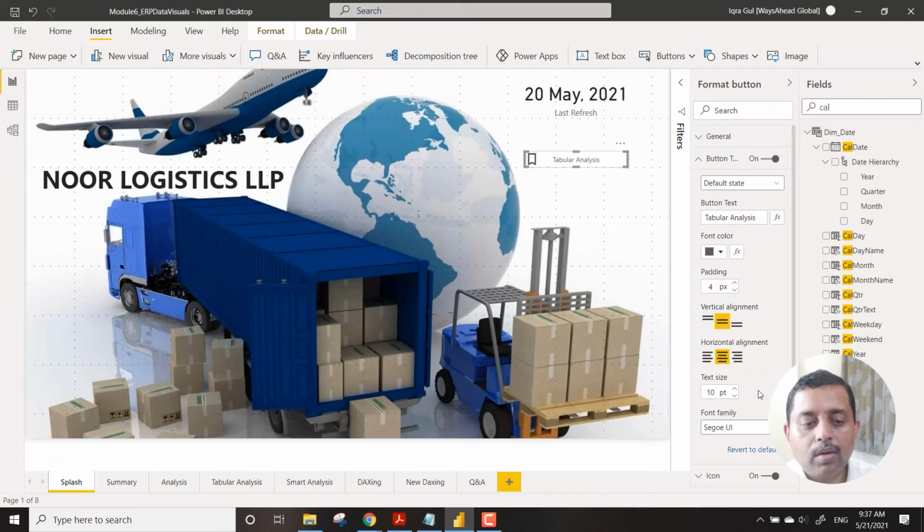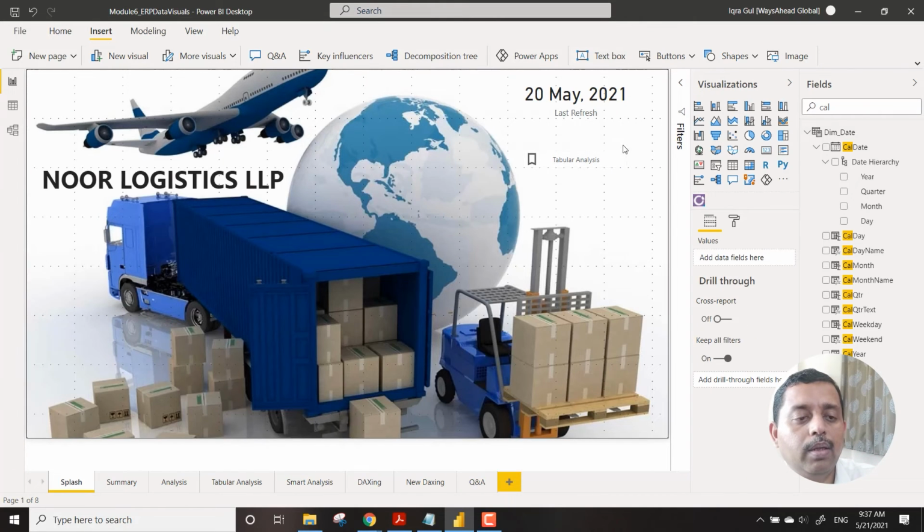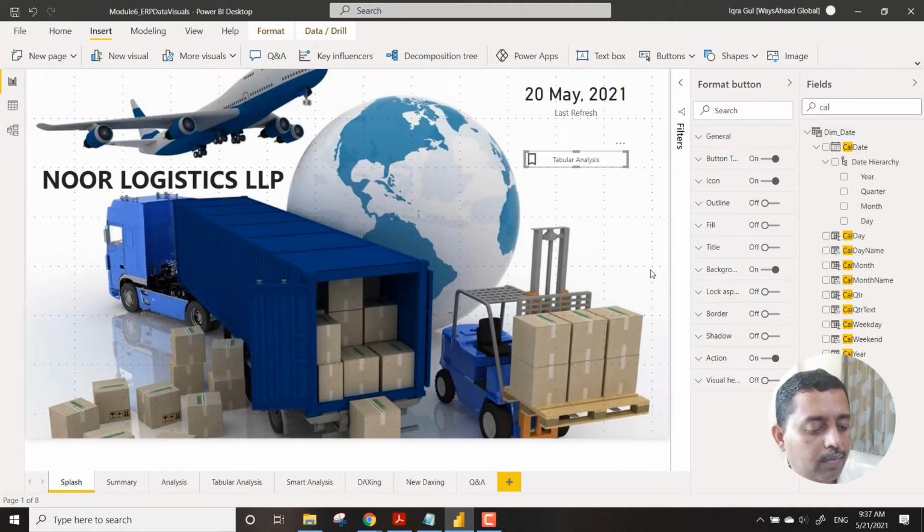And then if you want, you can just change colors, text, size and all these things, and this becomes a bookmark, just kind of a button.